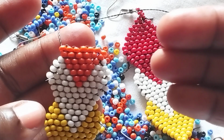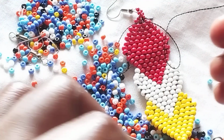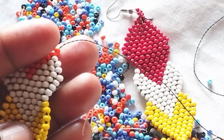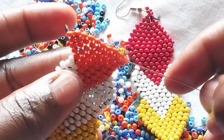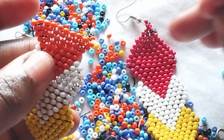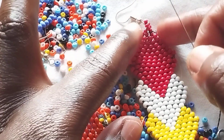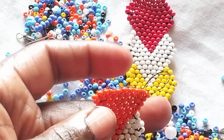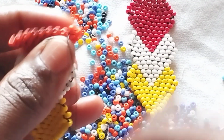We are now increasing. We are going to increase up to the 10th row. So guys, we are done increasing. 1 2 3 4 5 6 7 8 9 10. So we are going to the next step, where we are going to decrease this part here, this diamond shape here. So we are going just to pick 2 orange beads, and then you skip this loop, go to the next loop, and you'll have to